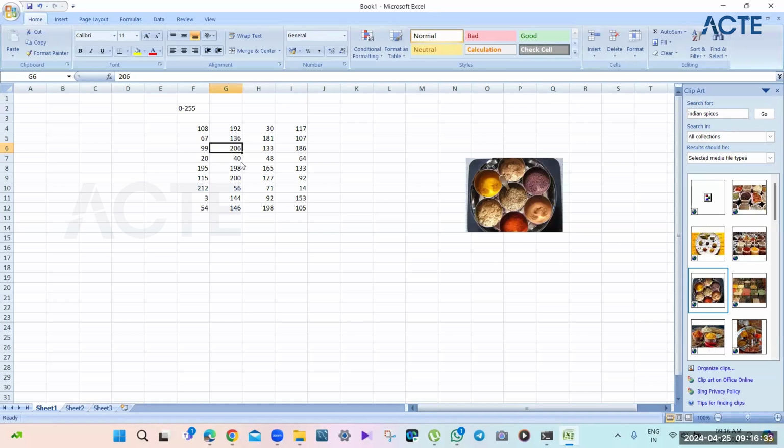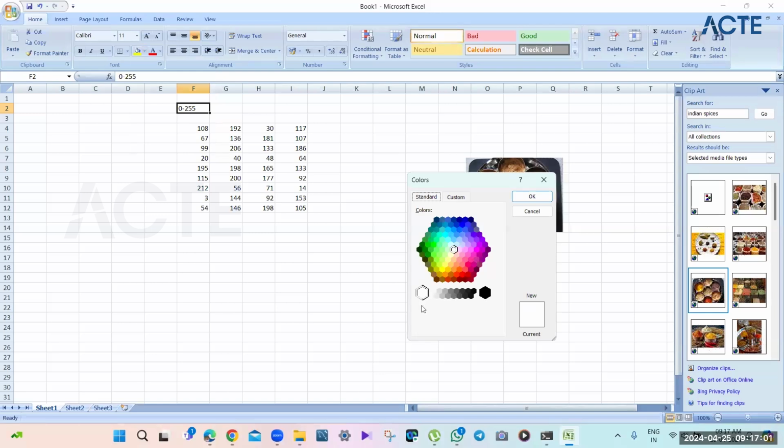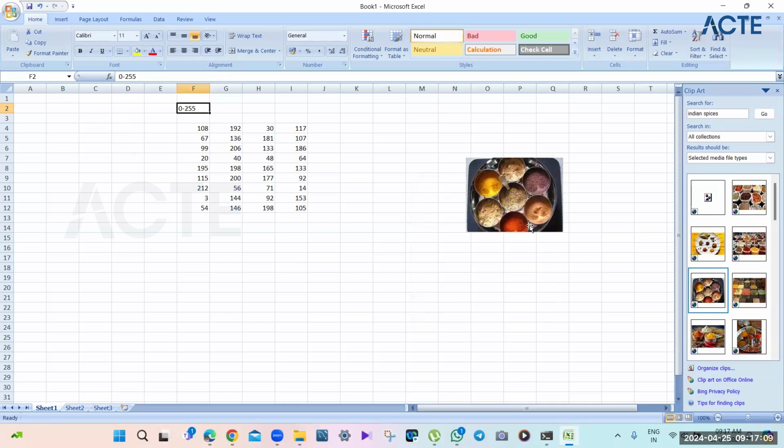Each and every value will store information about each and every pixel. Like 40 probably means too light, and 206 probably means too dark. So that's how the color ranges are defined. 0 means it's completely dark, and 255 means it's completely white, and the rest lies in that spectrum. So this value will be your 255, and the black one will be your 0. That's how the colors are converted.